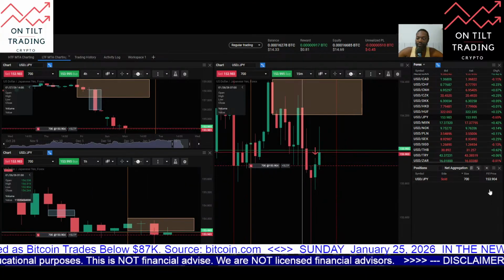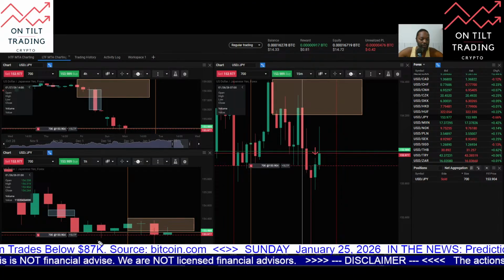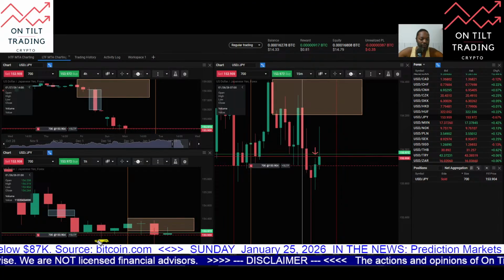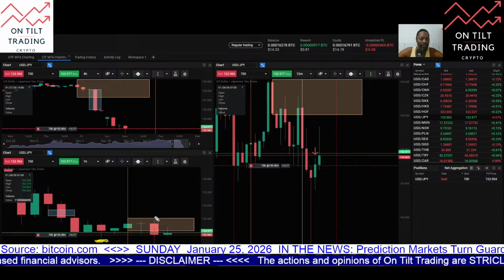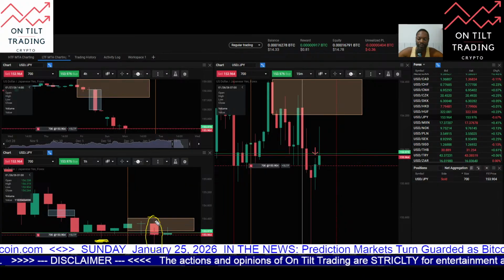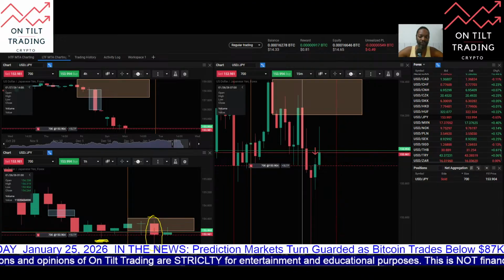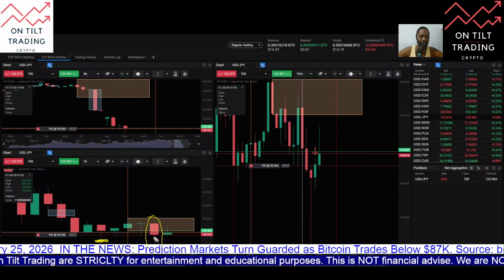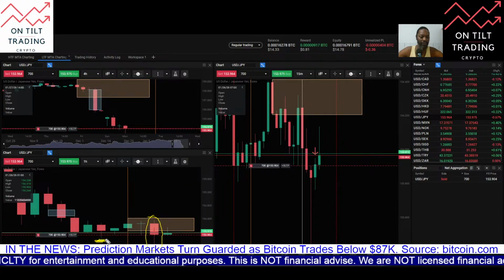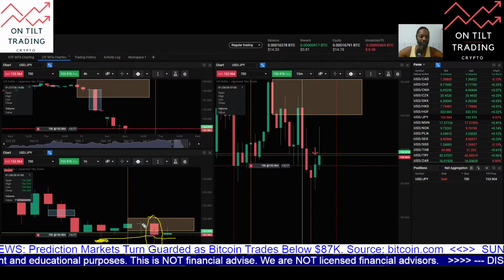So here is a swing low, and we can see in this candle here, which is the previous hour, price action traded through here. So this London open put in a new swing low, so this is a structural shift